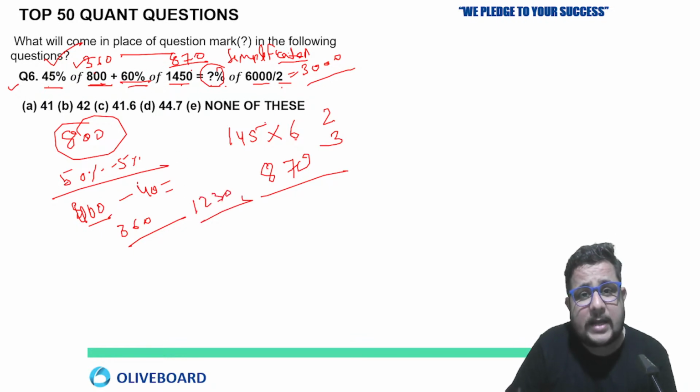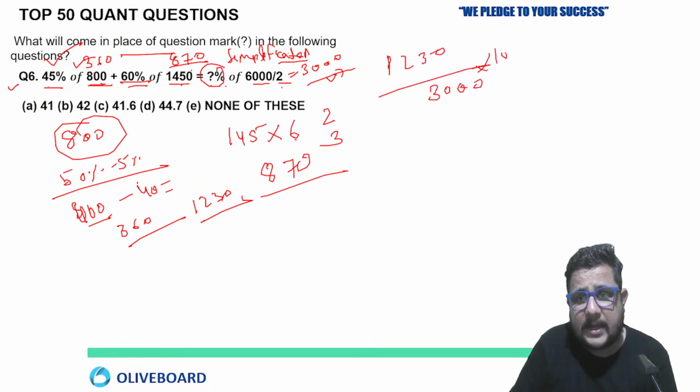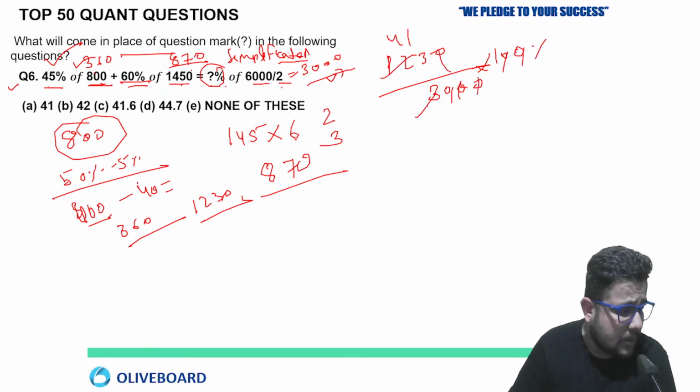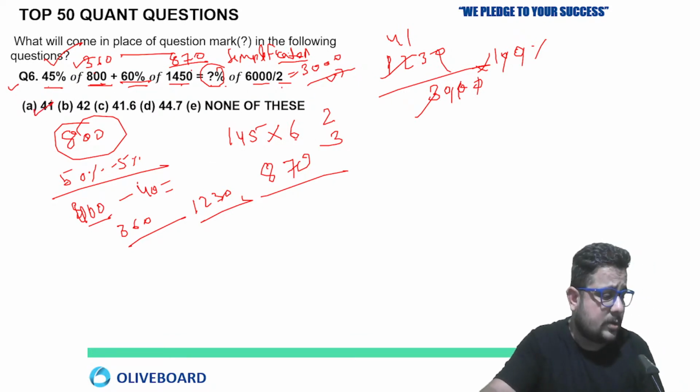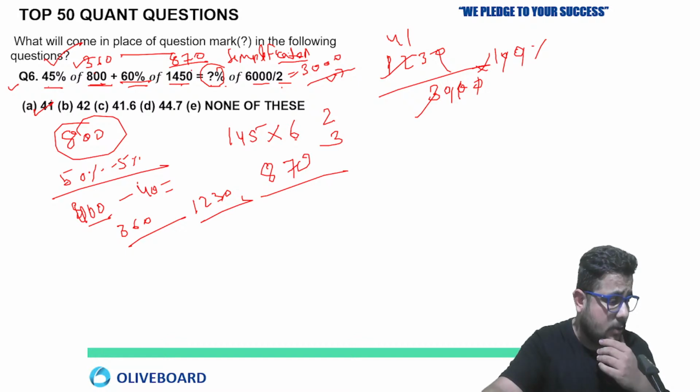Now 1230 is how much percent of 3000? 1230 upon 3000, multiply by 100. You can easily calculate now. 0 to 0 cancel. Here also you can cancel the 0. It will be cancelled 41 times. Very good. Good work. Great job. Option A is the absolutely correct answer. Varun answered. What about Bhaswati?